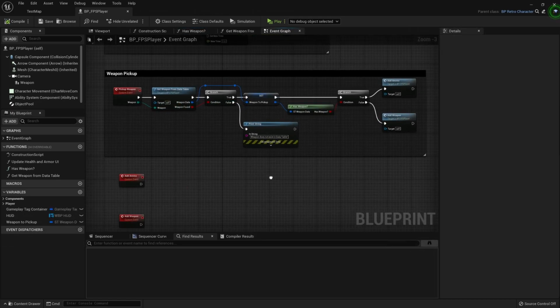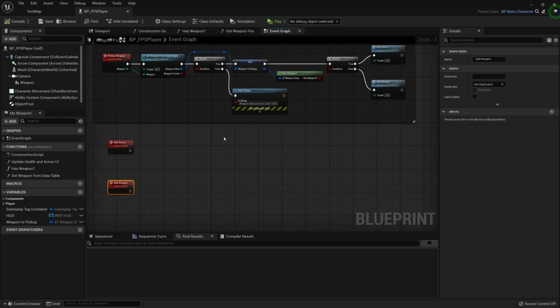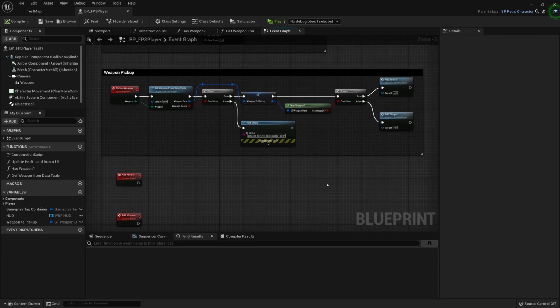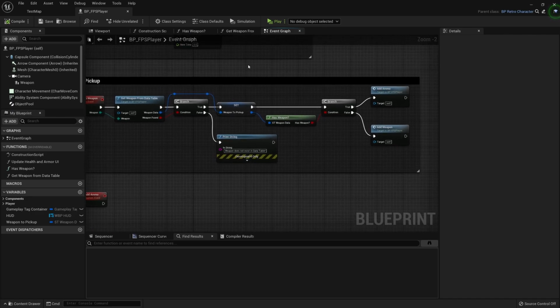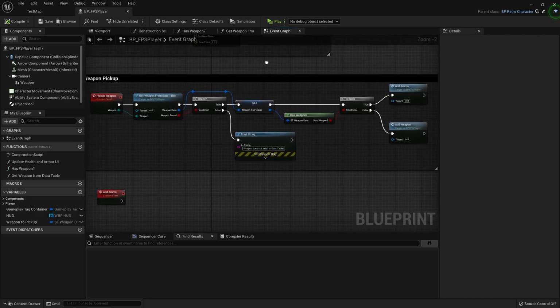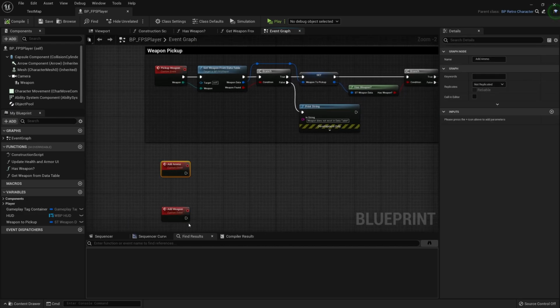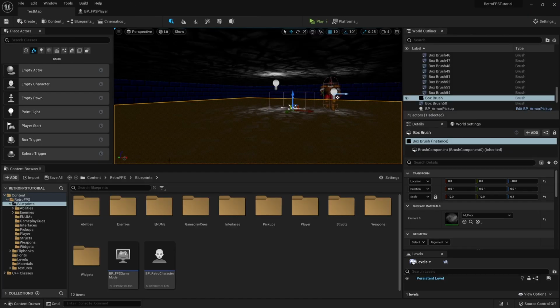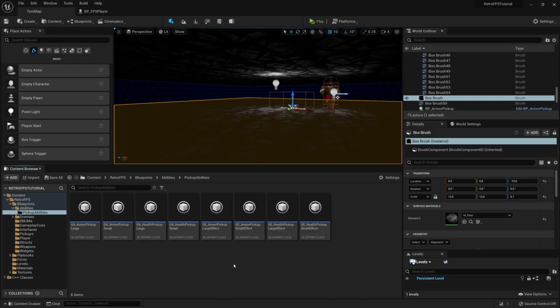Now before we continue and move over to the add ammo and add weapon custom events, I want to create a gameplay effect that will add ammo to the player that we can trigger when we run add ammo or add weapon. So let's just go over to the abilities folder, and in the pickup abilities folder, we can add a new gameplay ability.